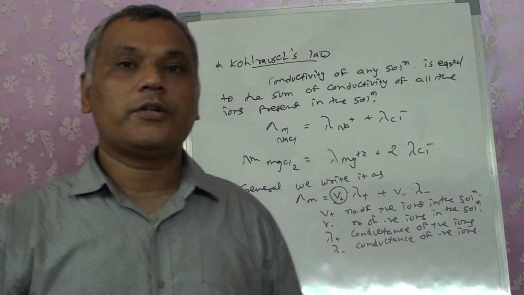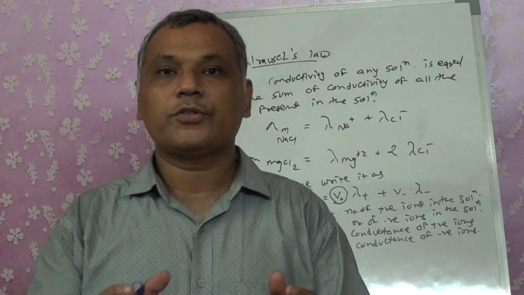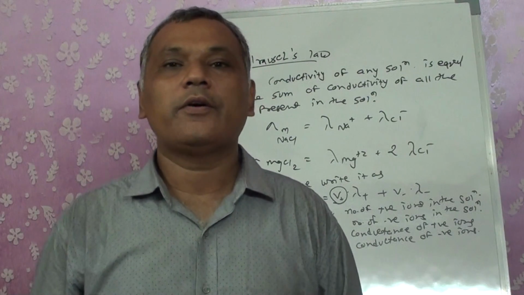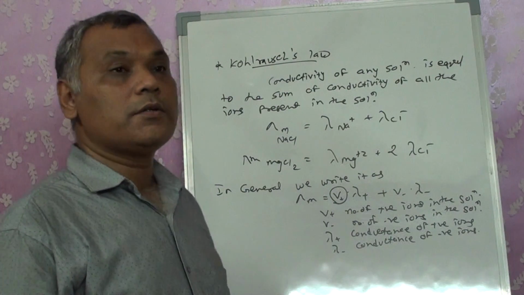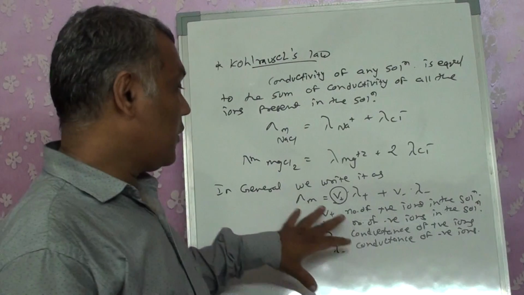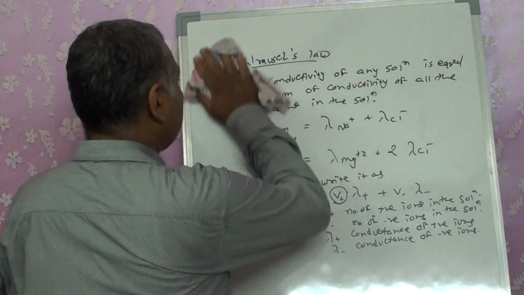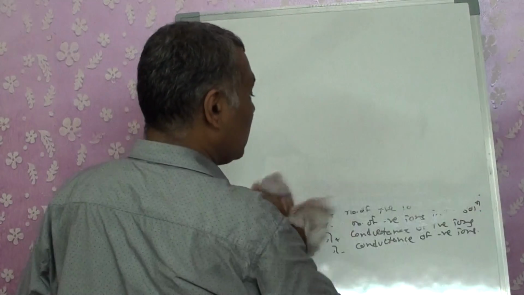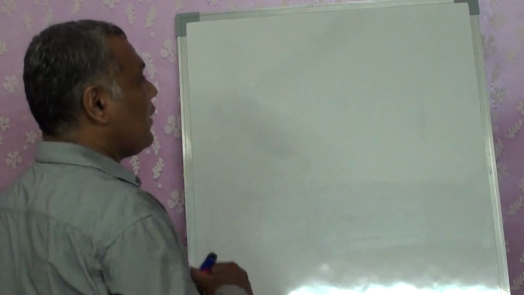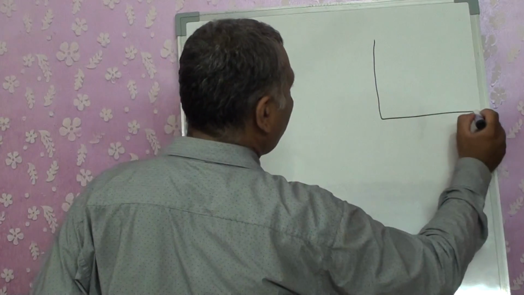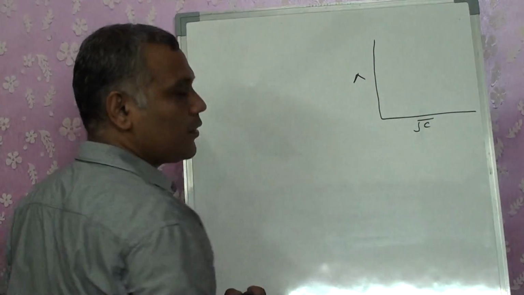But in the case of a strong electrolyte, when the electrolyte is added, it gets completely dissociated. So right from the first, it is completely ionized. So conductivity varies. How do we calculate the variations in conductivity for strong and weak electrolytes? For that, Kohlrausch told us that for a strong electrolyte or a weak electrolyte, it depends upon the concentration and the conductivity.